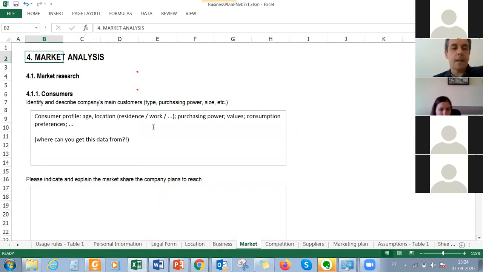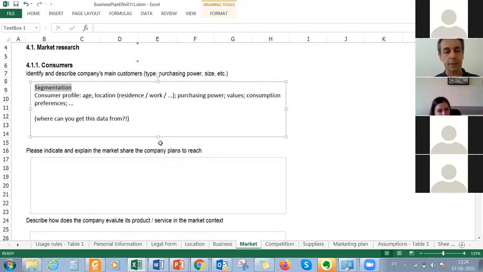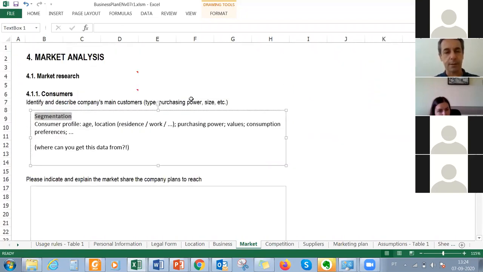But you see, consumers, so information about what are the consumers. So this is a kind of segmentation, an exercise of segmentation. So it will also come out of a business strategy exercise. Of course we can also ask for other work that could be relevant for any of those topics, but